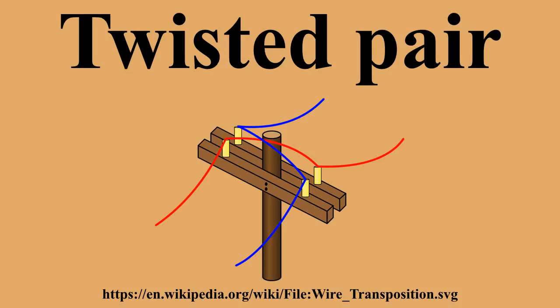Twisting the pairs counters this effect, as on each half twist the wire nearest to the noise source is exchanged, providing the interfering source remains uniform, or nearly so, over the distance of a single twist. The induced noise will remain common mode. Differential signaling also reduces electromagnetic radiation from the cable, along with the associated attenuation, allowing for greater distance between exchanges. The twist rate makes up part of the specification for a given type of cable.